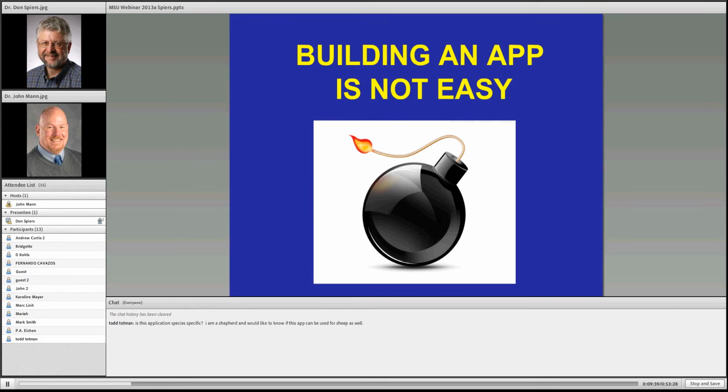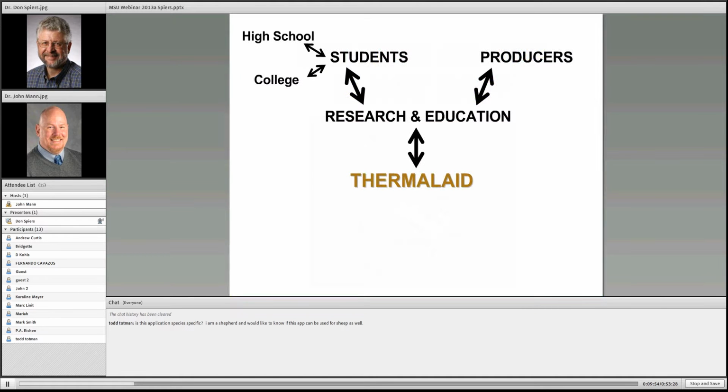Well, first of all, I can tell you that building an app is not easy, especially for somebody who has had no experience in building an app. One of the first things you have to do is figure out where you can find somebody who knows how to create code that is needed to actually construct that app. That's a hard problem. So we did that. We went out and found somebody, and we've actually found a group of students through a course that would help